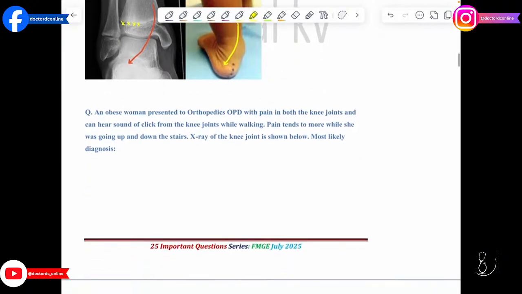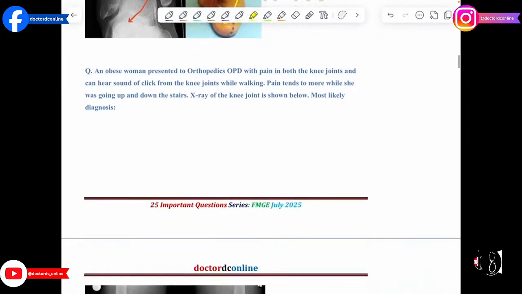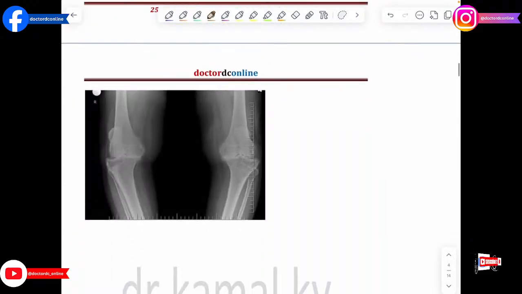Now next question, an obese woman presented with pain in both the knee joints, and she can also hear some click sounds while walking, and the pain tends to be more while she's going upstairs or coming downstairs. An x-ray is shown. What is the diagnosis? Now if you look properly,